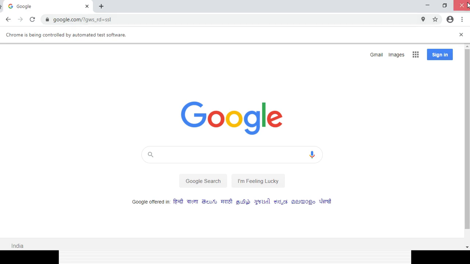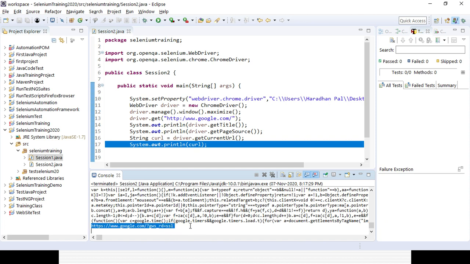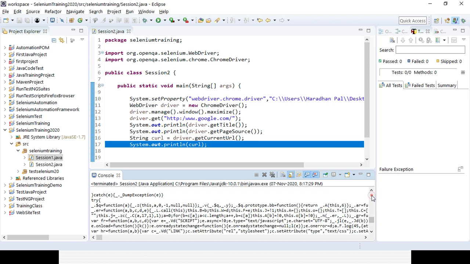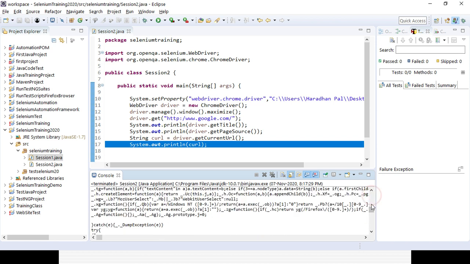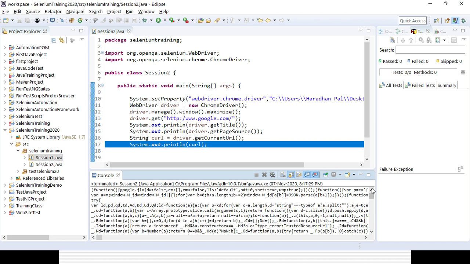And in the output you can see everything. Here is the current URL of the Google page. This is the current URL, this is the page source it is printing out, and the first one it will print out is the title of the page.